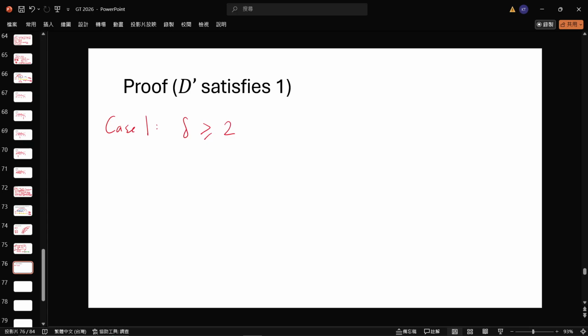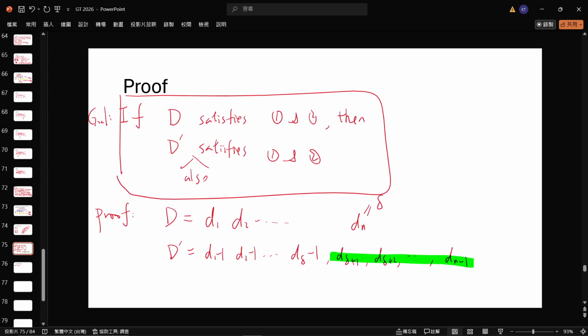So let's first consider the case where delta, which is the smallest degree, is at least 2. So if delta is at least 2, is it possible to find a 0 in D prime? 如果最小 degree 至少都是2，那有没有可能在你调整之后，有一个 degree 是0？